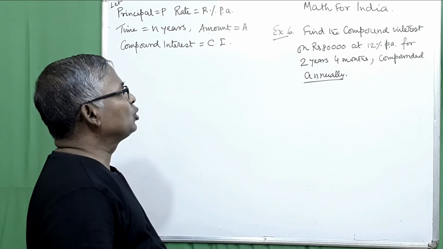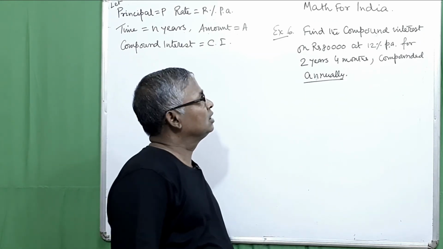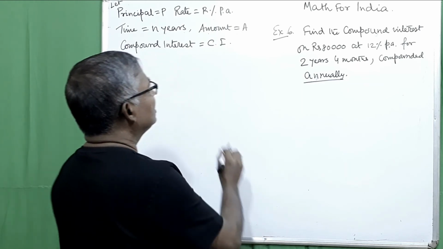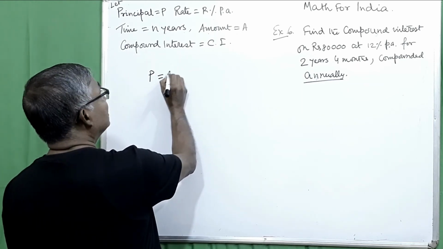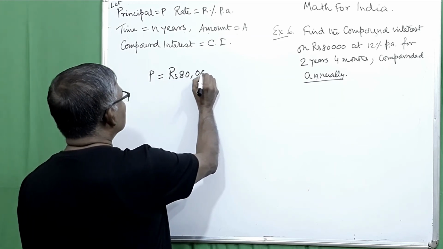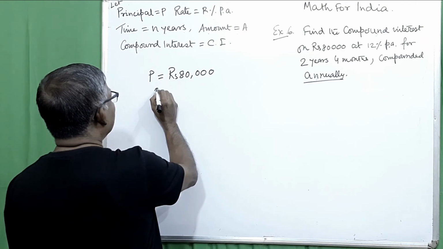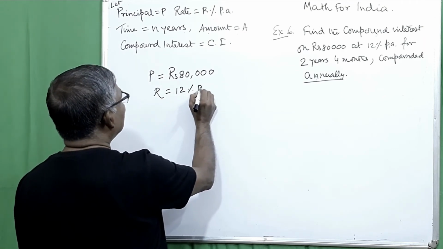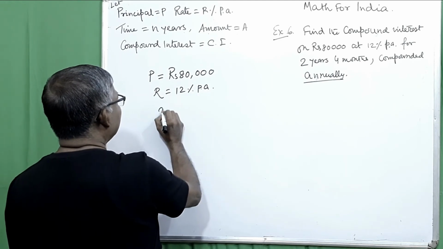So you have to apply the formula I have given in my table. Here P is rupees 80,000. Rate of interest is 12% per annum, and N is